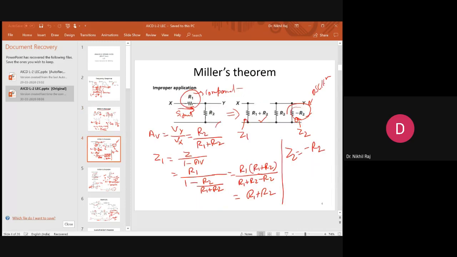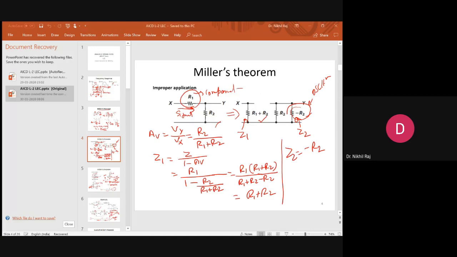So in the fourth slide, there is one application of Miller's theorem to a simple voltage divider network. So in the voltage divider network, if I apply Miller's theorem, then what is happening here? If we are, okay, you have the slides, you can go to your slides from your respective this one. I will explain from slide numbers. Okay.